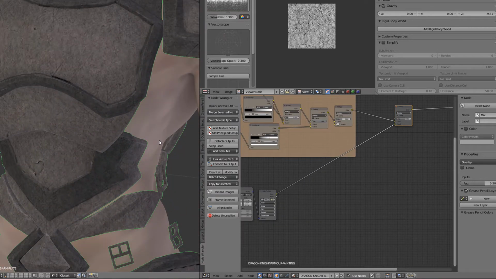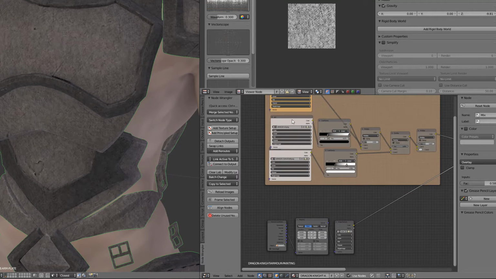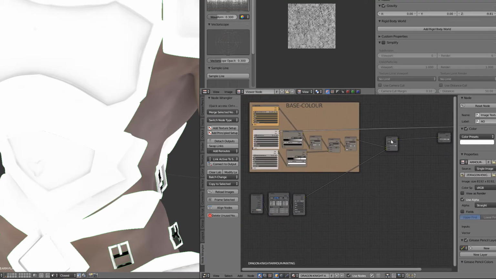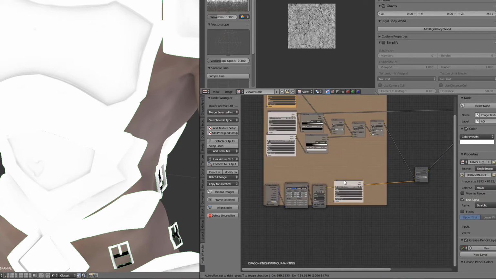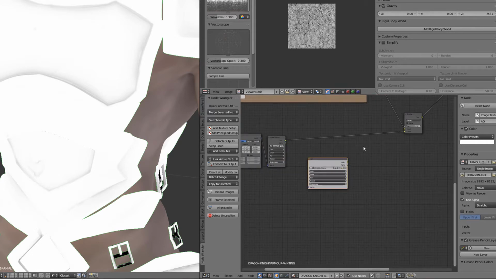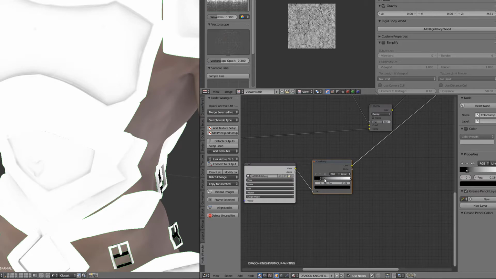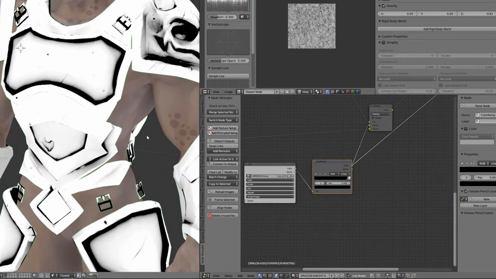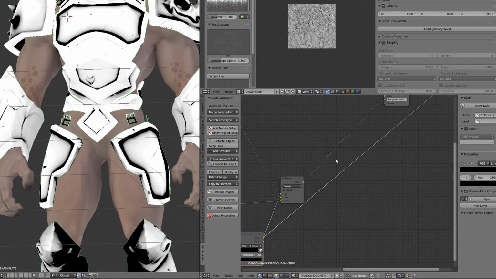Then I will be using the ambient occlusion to mask this, because I don't want the scratches to be inside the creases of the armor. So I will select the AO texture node. I will duplicate it, add a color ramp and use it as a factor with the overlay. This way I can isolate it from the creases, but I will lose my factor, so the contrast will look